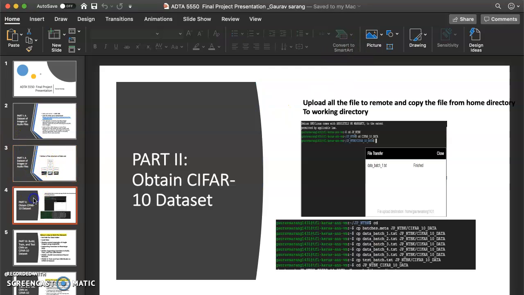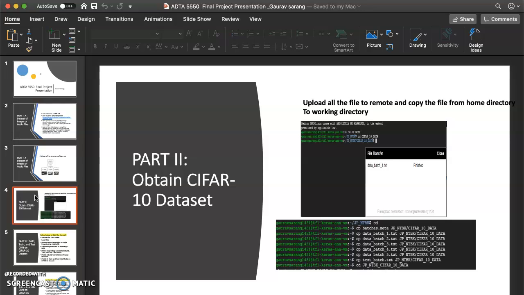Okay, the second part was we have to obtain the data set from our Canvas site, and I downloaded all the data set into my work folder, and I have to upload each of those data set into our remote server.